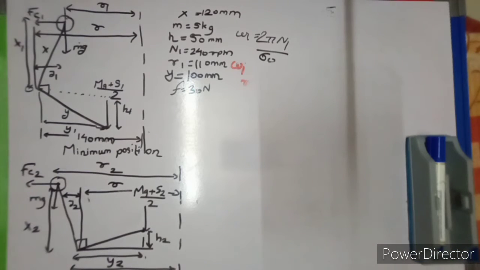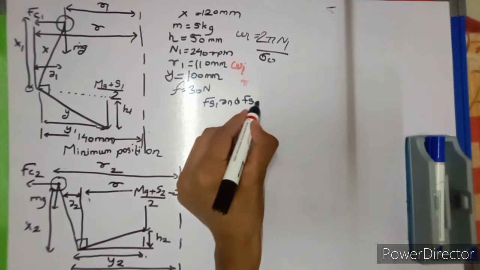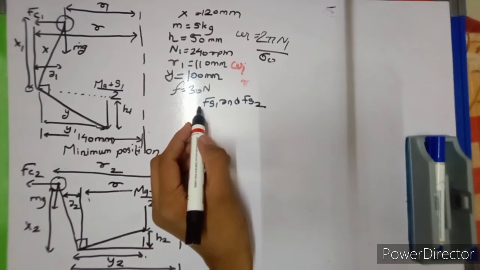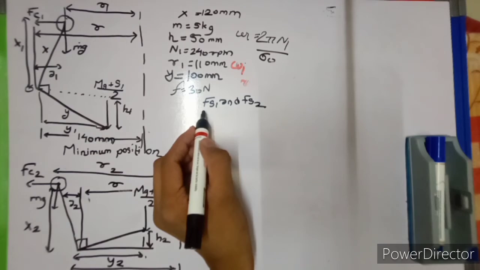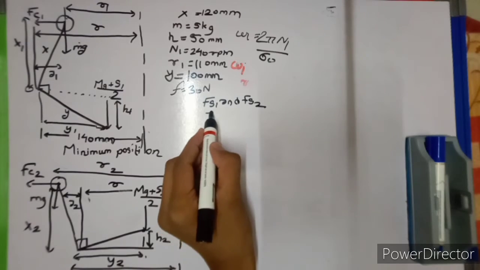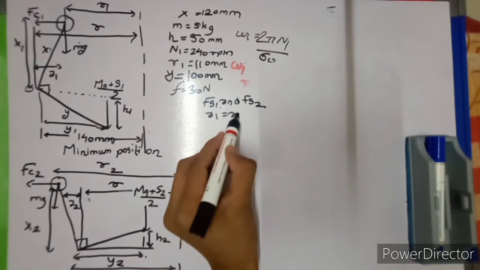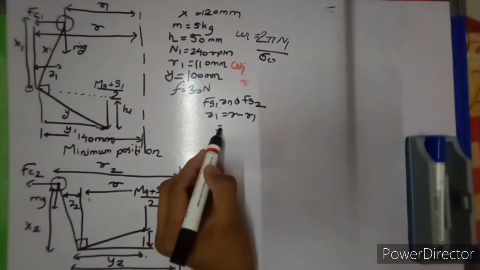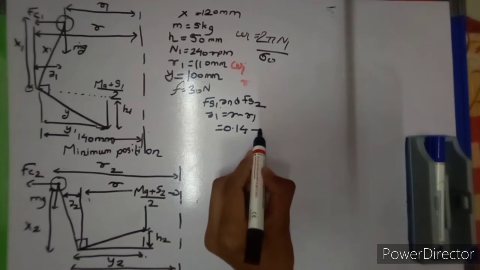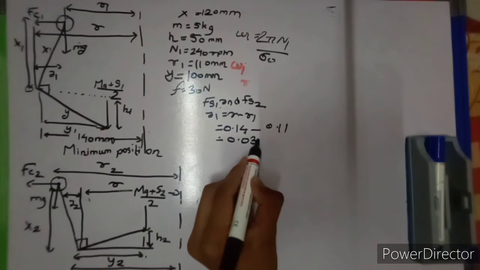Now what we have to do next? Now find Fs1 and Fs2. Now here since they have told, taking into account the obliquity sleeve, that is the alteration r minus r1, that is, what is a1? That is r minus r1. So r we know. What is r? 0.14. This is r. What is r1? 0.11. So it is 0.03.